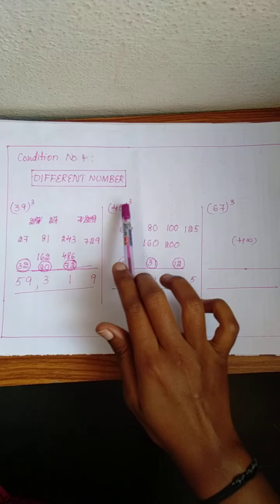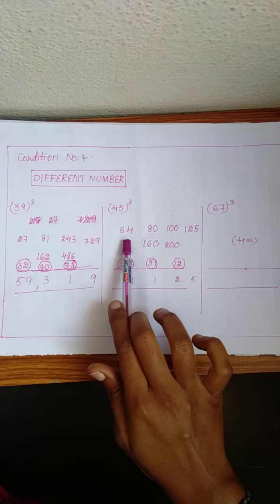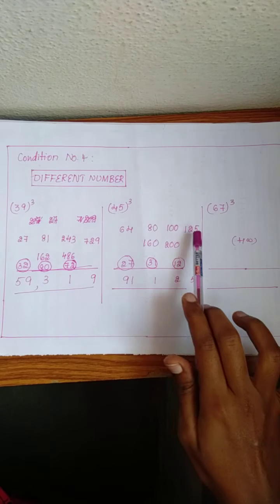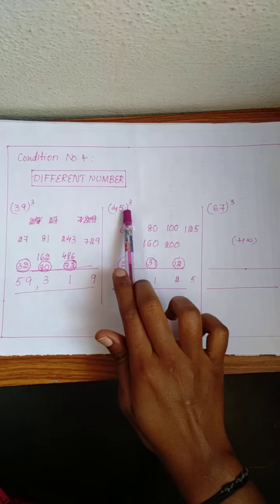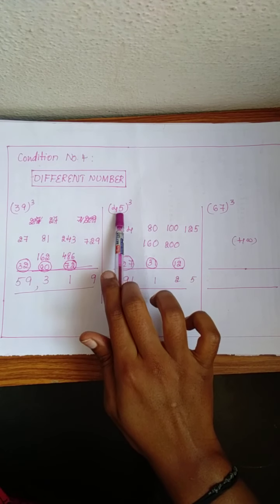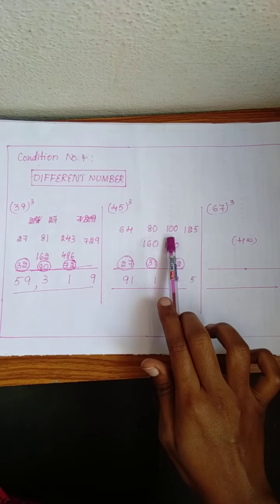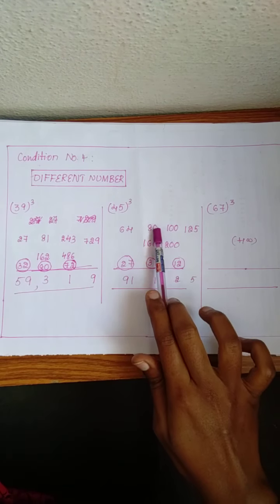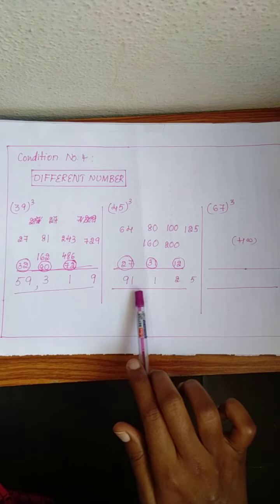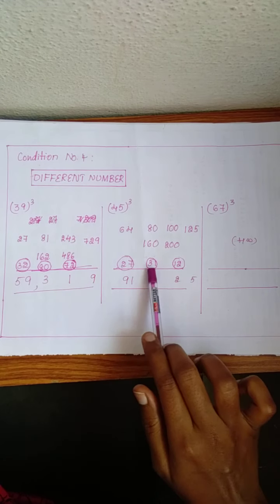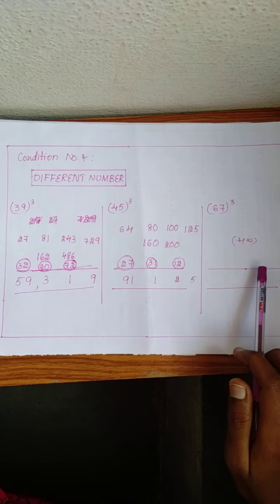You will get 59,319. If we go for 45 cube, what I said, you have to cube the first digit, 4 cube is 64, write it in the first place, and 5 cube will be 125, write it in the 4th place. And 4 square will be 16, 16 5s are 80, write it in the 2nd place. 5 square will be 25, 25 4s are 100, write it in the 3rd place. Leave the first, leave the last, and double the second: 80 2s are 160, 100 2s are 200. Simple addition, you will get 91,125. Remember, these are carries, okay? And 61 cube, it is homework to you.